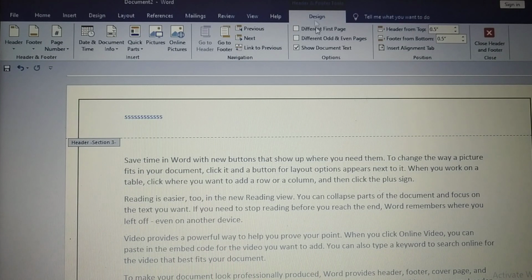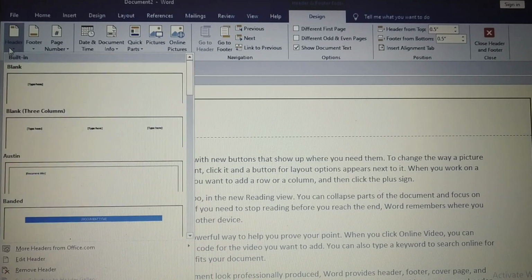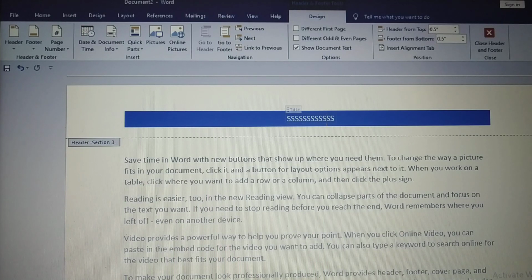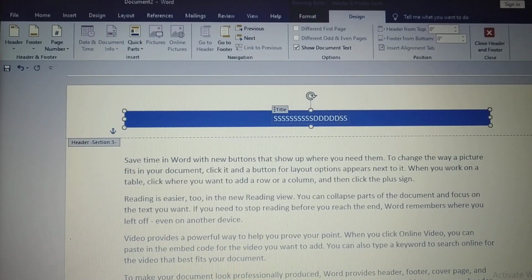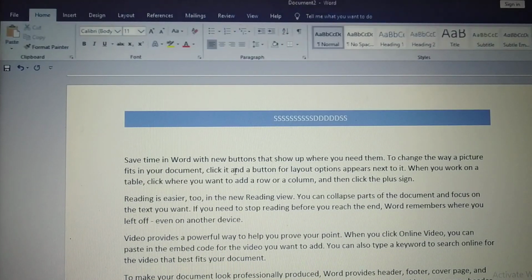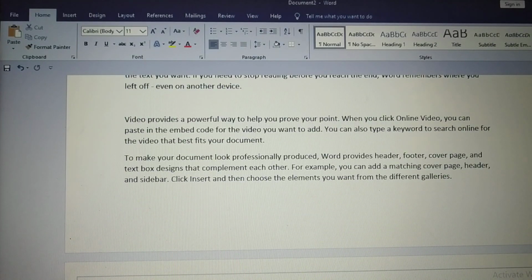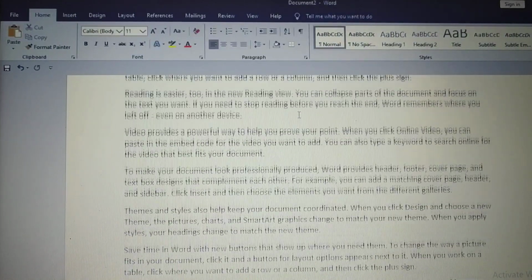Then on the same tab I use the Header option, where you can select any header, and now I will edit this header. Now you can see different headers are applied for different sections here.